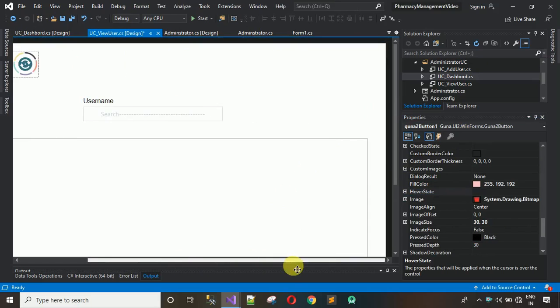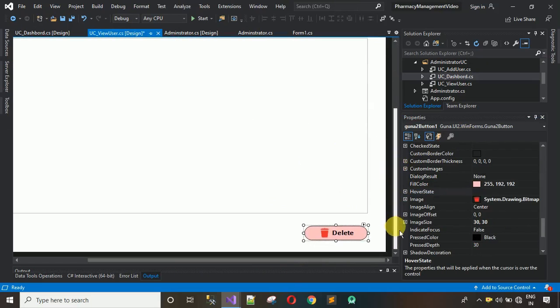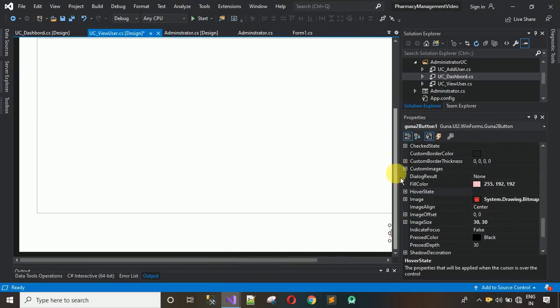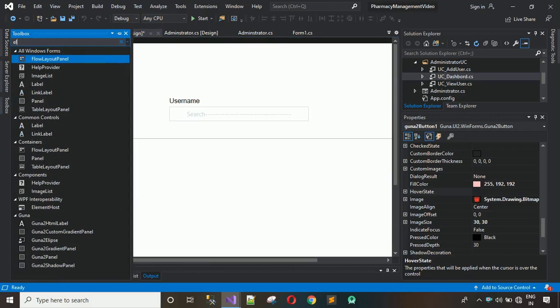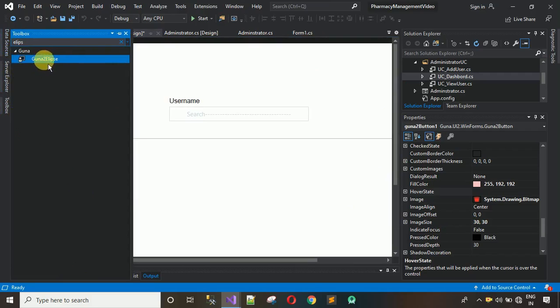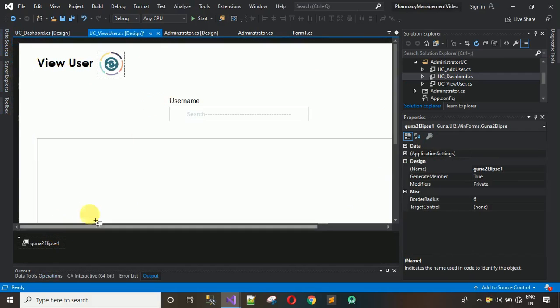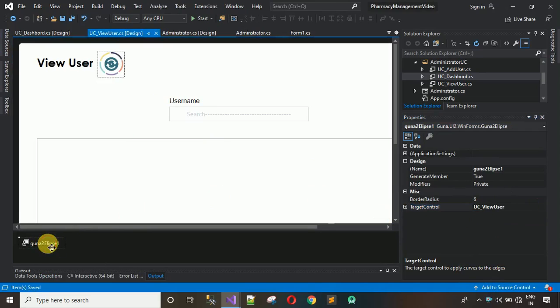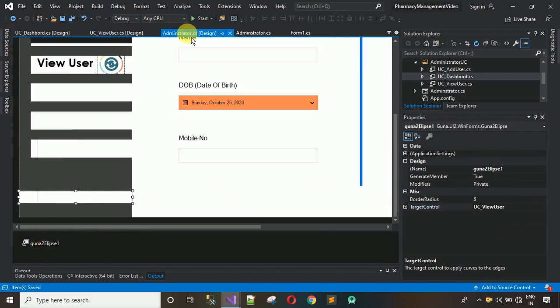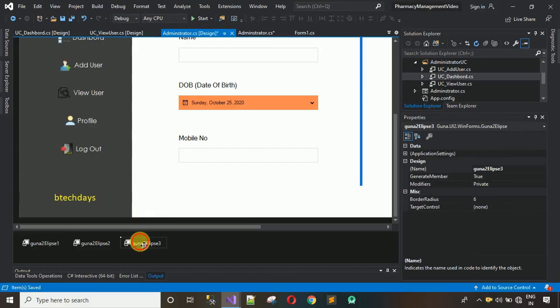And what we have to do is we have to just connect this user control with the dashboard. So how to do that? For that you have to just go to toolbox and search for ellipse. Go now to ellipse and drag and drop it over here. Just click on this, target control, select this and select UC_view user, that is the user control name, and save this one. Copy this, move to the administrator, paste it over here,